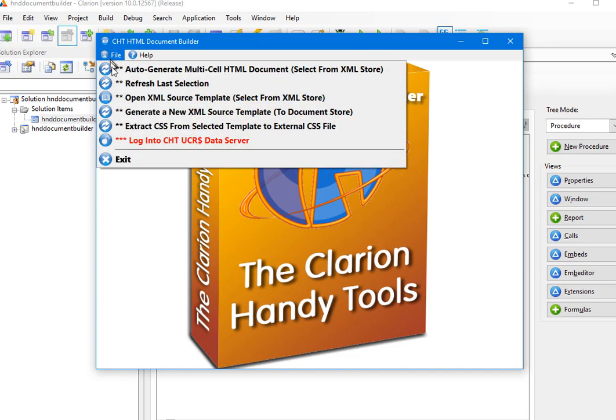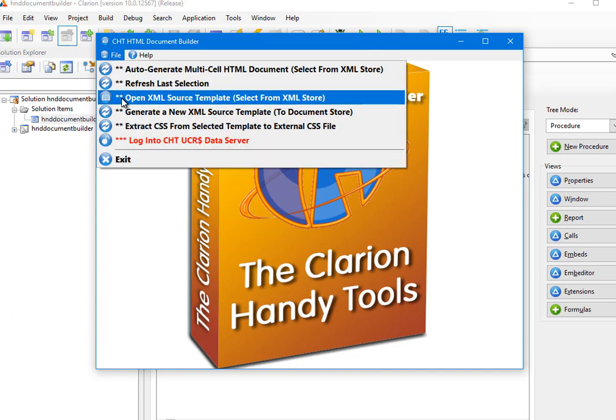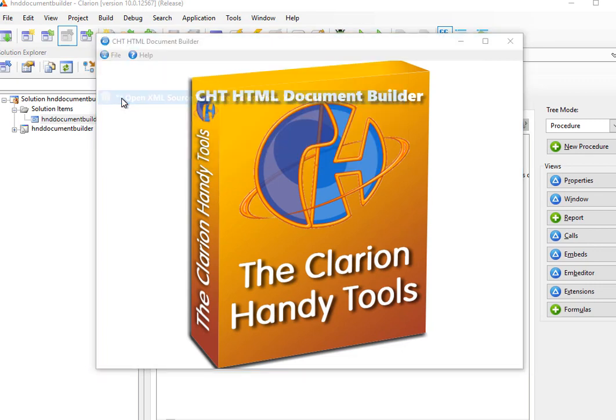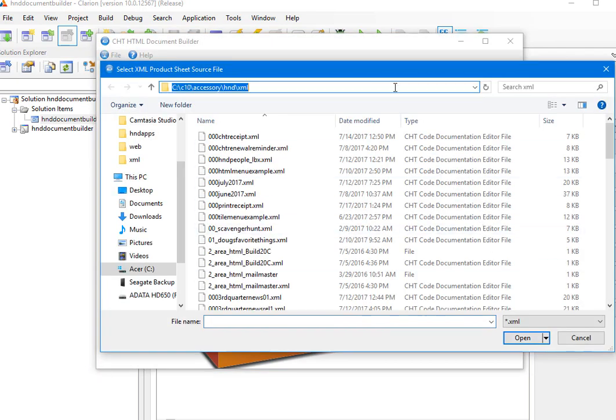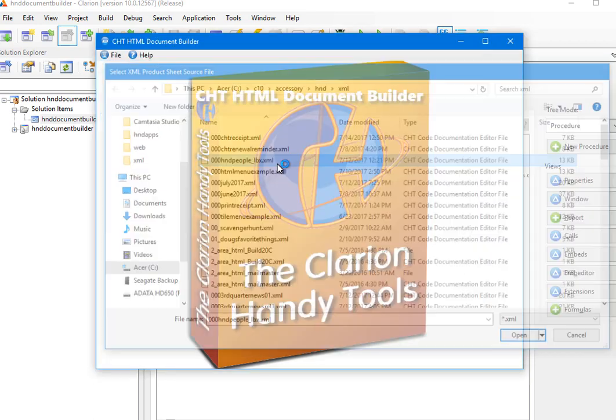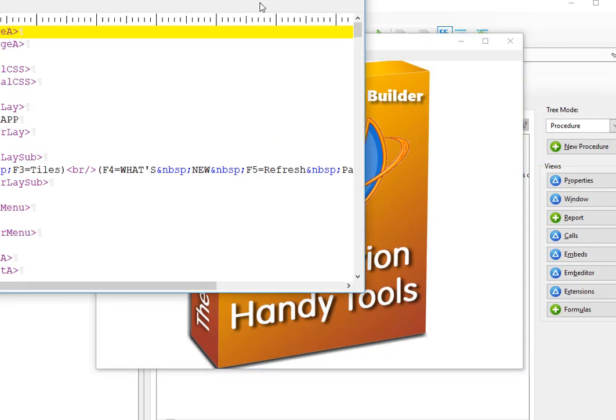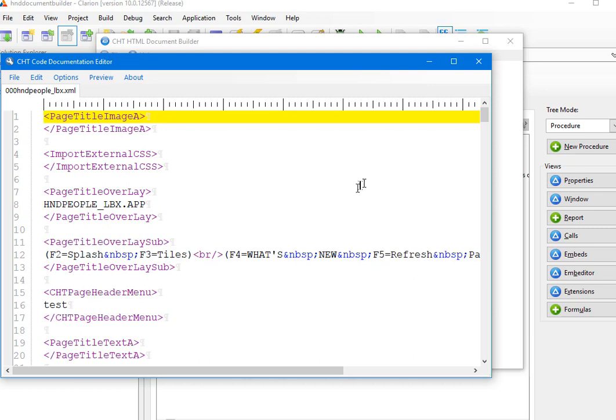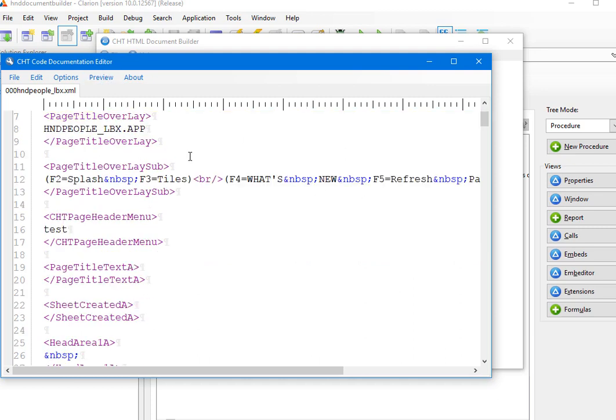So the menu I want to show you first is Open XML Source Template. That immediately takes you to Accessory Hand XML, and the file that I want is 000 Handy People LBX, and you can guess why I started these with 000. So the ones that I think you need to look at I start with 000, and they sort to the top. So let's just load this template, and that takes us into CHT code documentation editor,